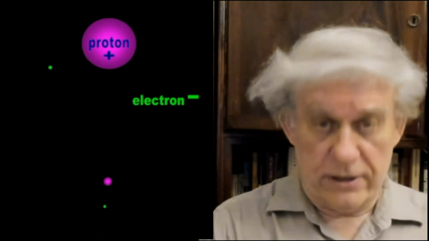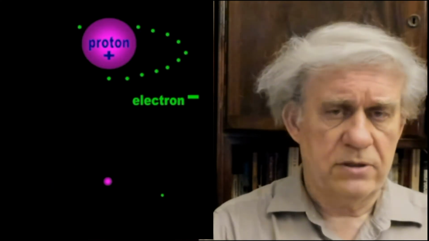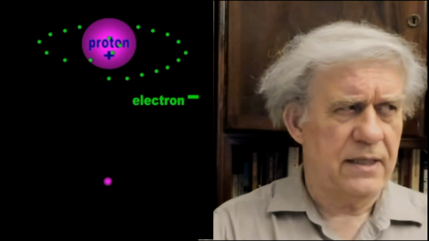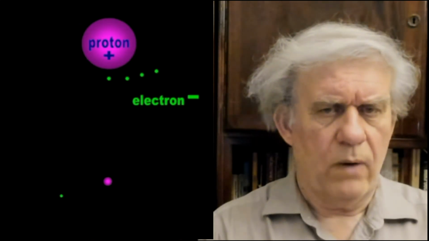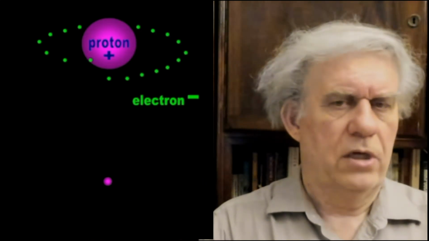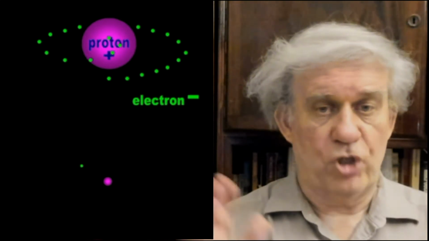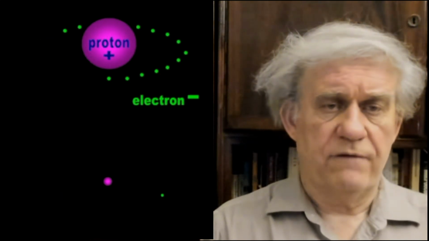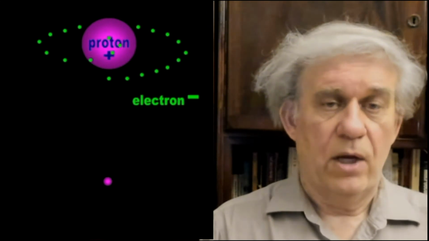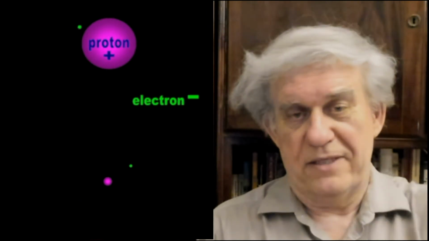Isn't the proton positive, whatever that is, in physical terms? If we have negative and positive, I thought that negative attracted positive, positive attracts negative. Why doesn't the electron fall to the center of the nucleus where you have all these positive charges known as protons? I mean, it's a very simple question. Why doesn't it fall in there? And they never answered that question, which was one of the reasons they came up with a planetary model.